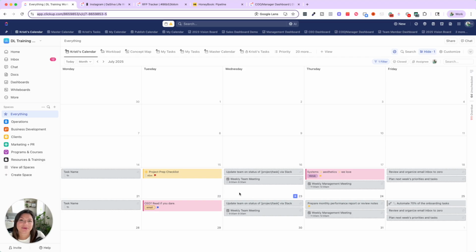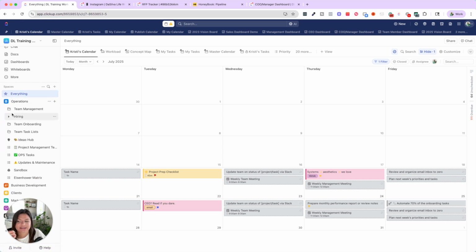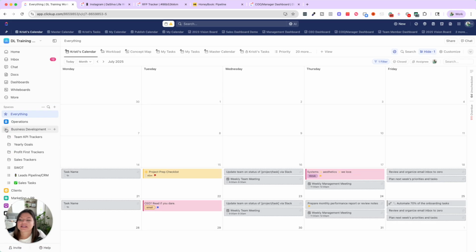But I just want to show you a couple examples of a working hierarchy that you can have and set up for your company. So here you can see we have different spaces on the left side. These are like the different departments of our business. So how do we run DeSilva Life in terms of the operations, business development, clients, marketing and PR, programs and courses, resources and trainings. In operations, you'll see we have things like team management, updates and maintenance, operations tasks, team onboarding, etc. In business development, we're housing things like KPI tracking, goals, sales,